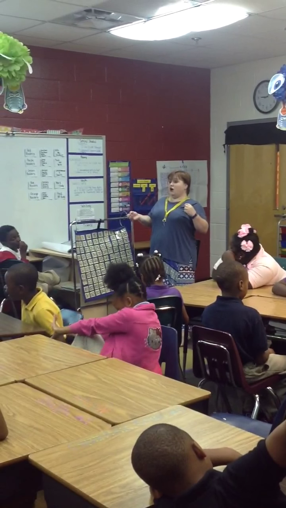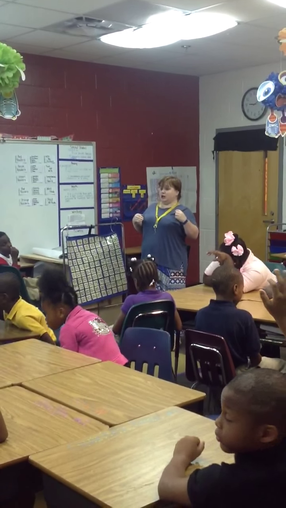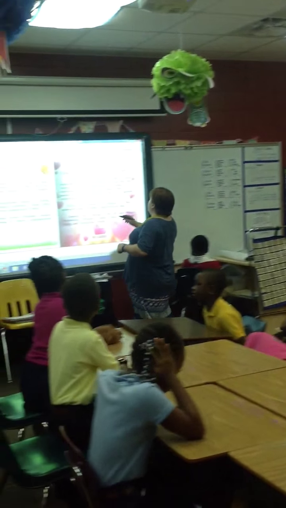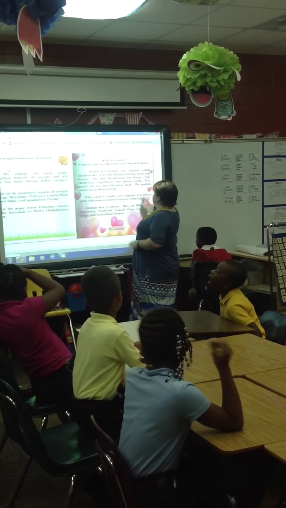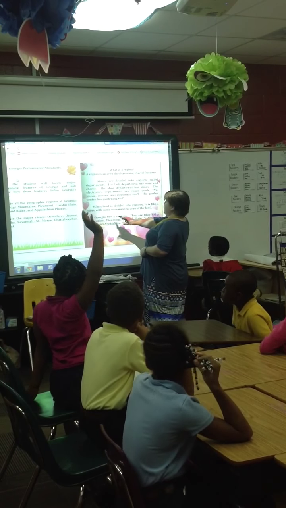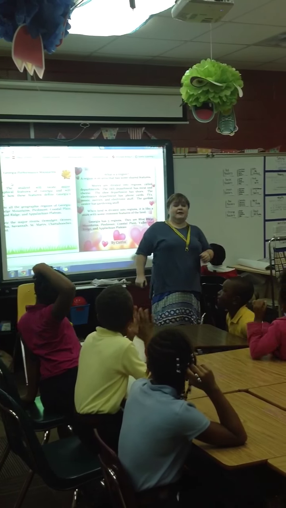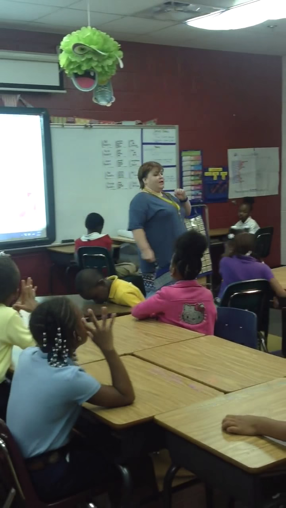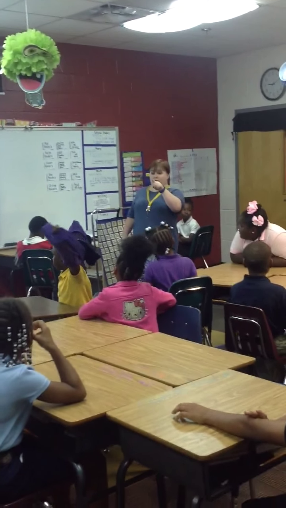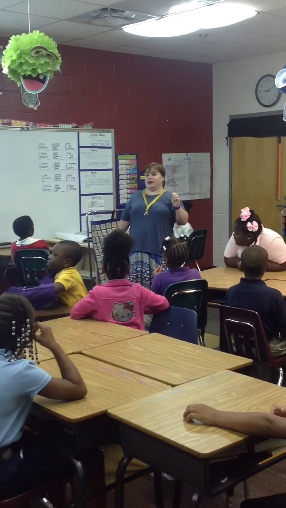Just like there are all the different sections of Georgia. Those are also called regions. When land is divided into regions, it is like a store with some common features of the land. Georgia has how many regions? 5. But what's the tricky one? Coastal plain. And what's tricky about coastal plain?